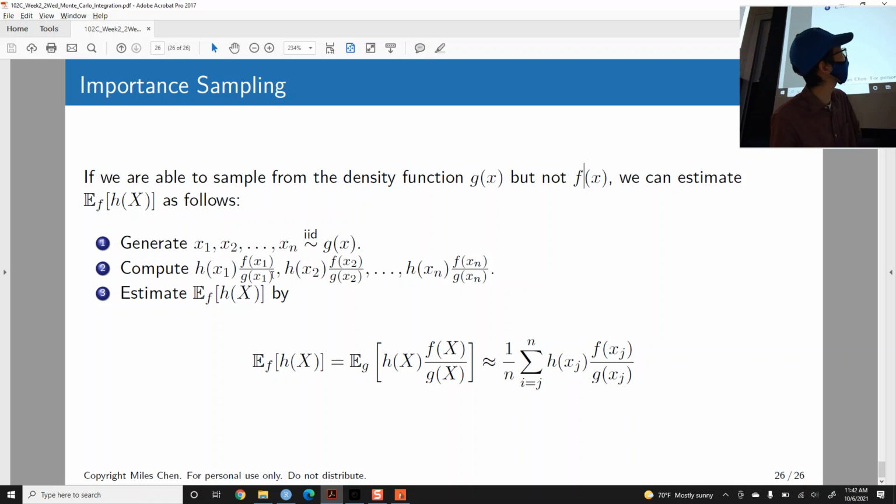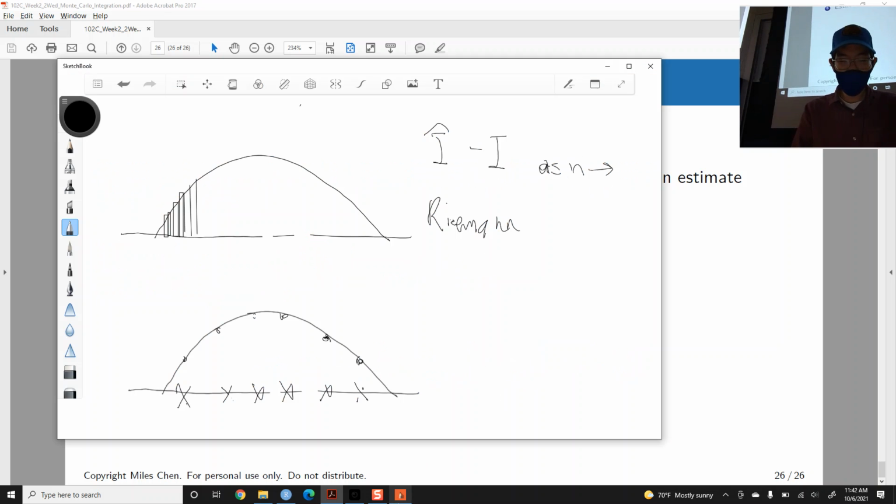h times f divided by g, h times f divided by g, h times f divided by g. You do it for all of the values. And then you take the mean of that. And that's it. Does that work? And again, the implications of this,